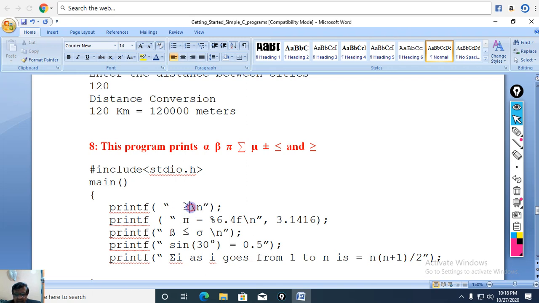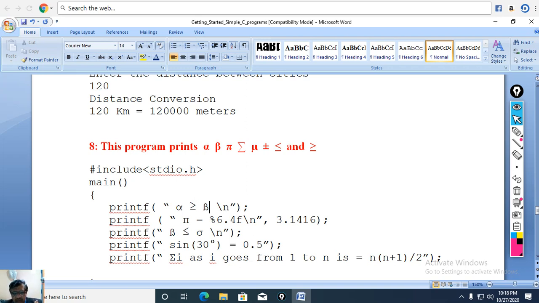Alpha is a printable character. It is 224. Its ASCII value is 224. Therefore, you hold the Alt key and press 224. Then remove the finger. The left finger should hold the Alt key, and 224 is to be simultaneously typed. You need to practice this. Alpha is greater than or equal to beta. Beta is Alt 225. Beta will come. So this will present some kind of a very interesting presentation.